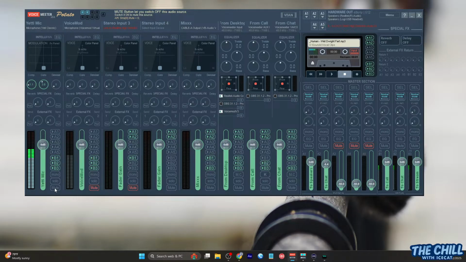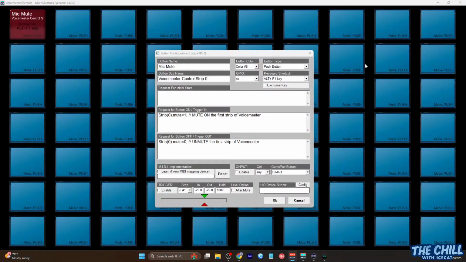So you can see that this strip, this microphone strip, my Yeti microphone strip, is strip 0. You see on there it says strip 0, and then it says microphone. But if we go down by the button here, it says strip 0, mute equals 0. So basically we're telling our macro that we're working with strip 0. So let's go back over to our macro here. So we have strip 0, that's our microphone, telling it that we want to run the mute button, and we're